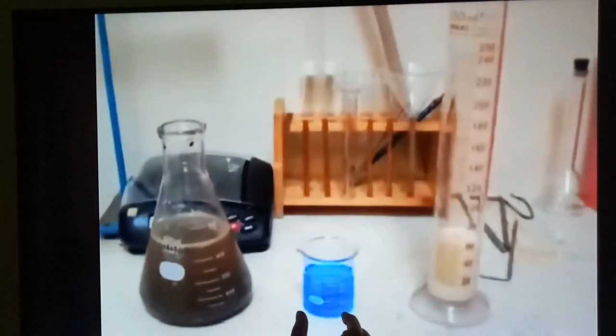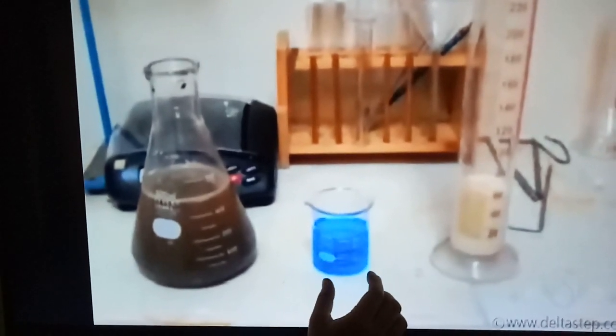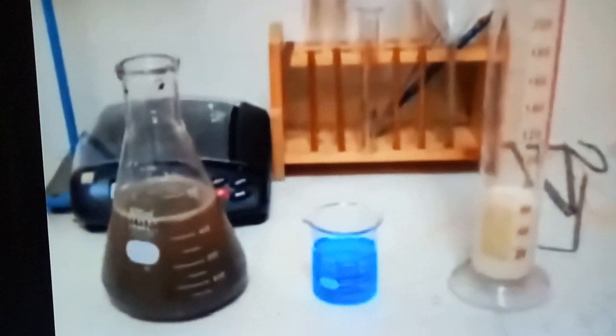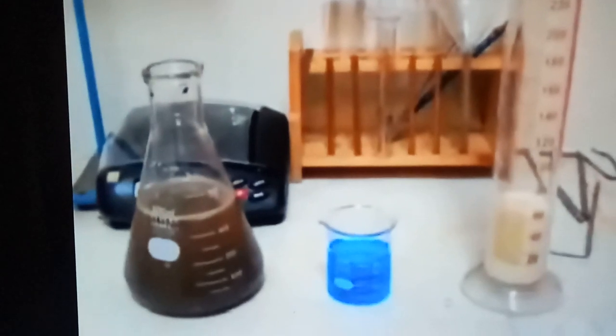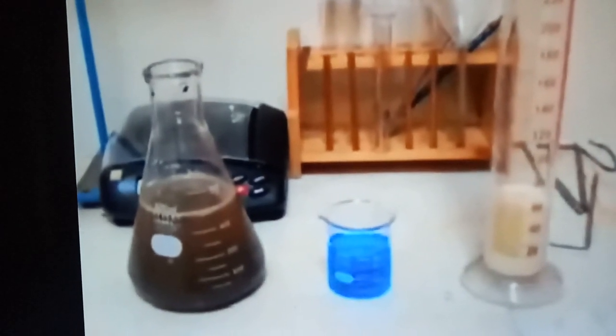Now children, you can see that when we poured the aqueous copper sulfate solution and milk, both of them passed through the filter paper. So what is the difference here? Actually this copper sulfate is a true solution, the first solution which you have learned, and milk is known as a colloidal solution. Now what is the difference between a colloidal solution and a true solution? How can we identify both of these?